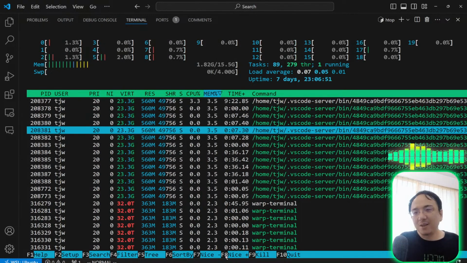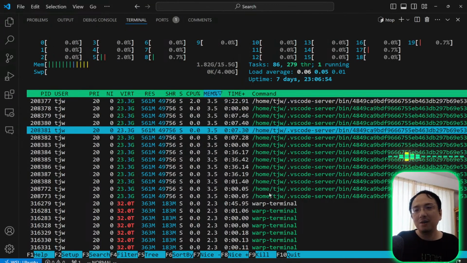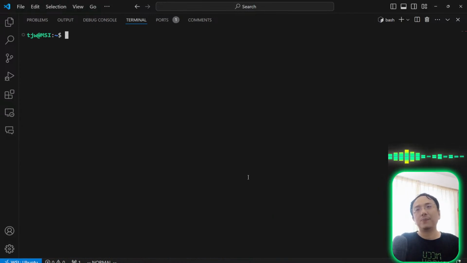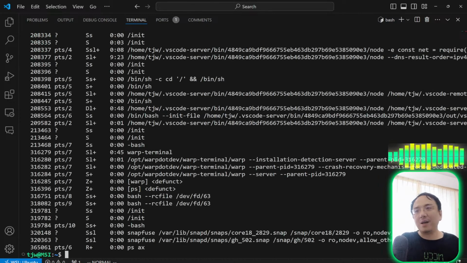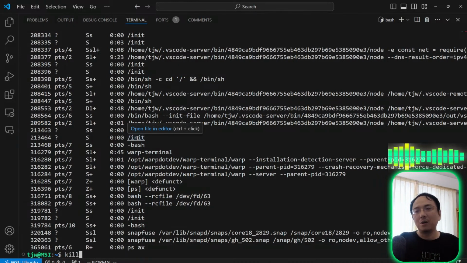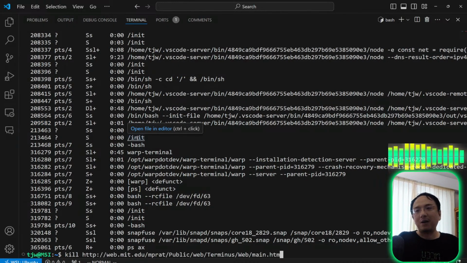So you can use the function key right here to kill this process, like F9, or you can use a command line like kill. Like you can see there's an ID right here. For example, this one is 209582. So I can actually kill this process by giving